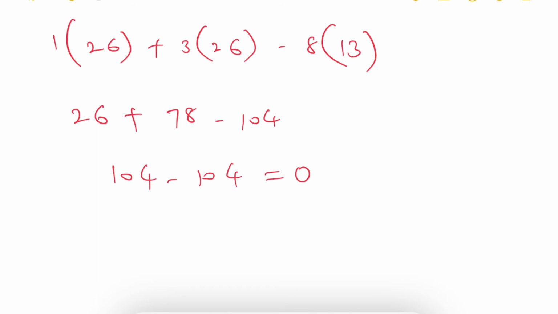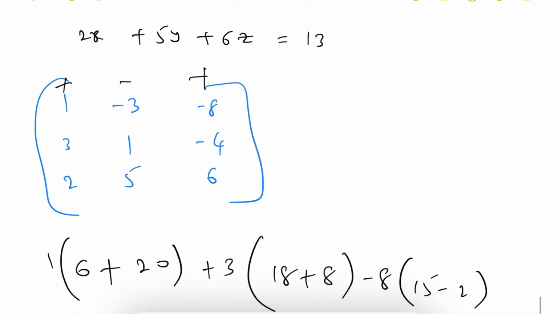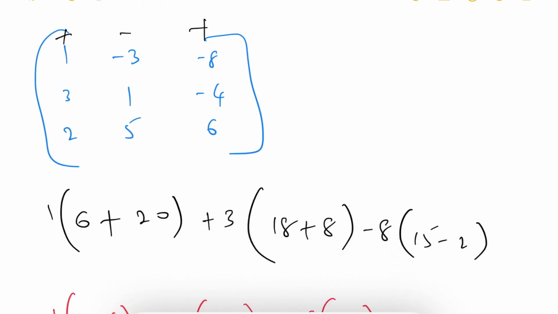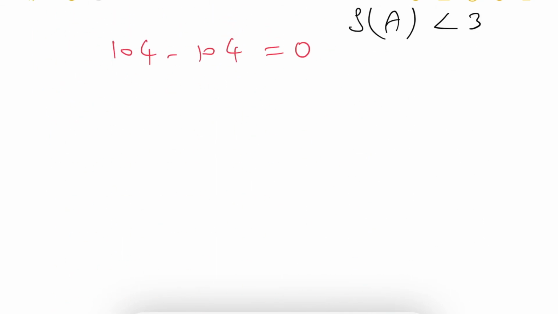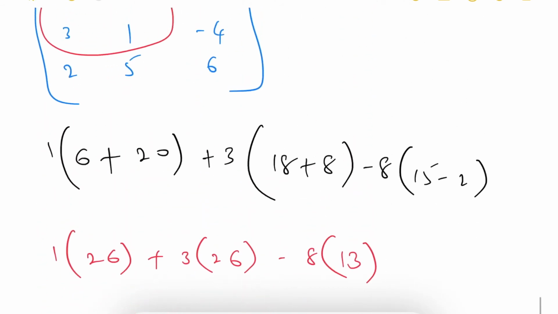So here the determinant we got is 0, so the rank is not equal to the number of rows. So we can say that the rank of the matrix A is less than the number of rows. Now for that I will take a 2 by 2 submatrix from this. That is this one I will take: 1, minus 3, 3, 1. Any 2 by 2 submatrix we can take from the original 3 by 3 matrix.